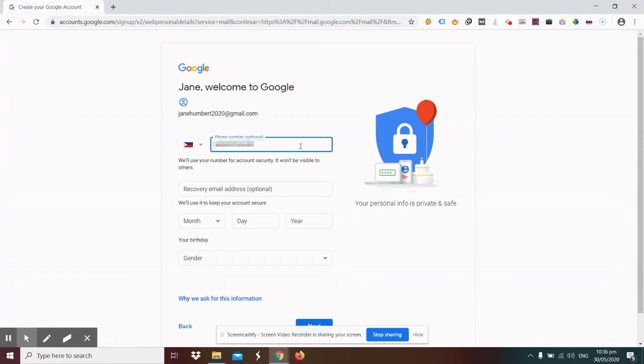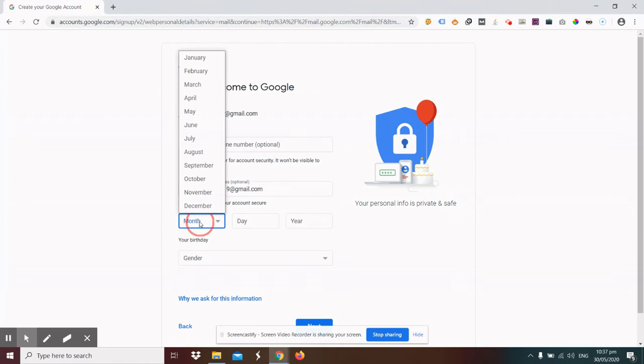So there are two recovery options. Number one is the phone number, and the second is the email address. So I recommend that you fill in at least the recovery email address. So just in case you lose your password, you'll be able to recover your account. So let's just say this is my recovery email, and just choose your birth month,